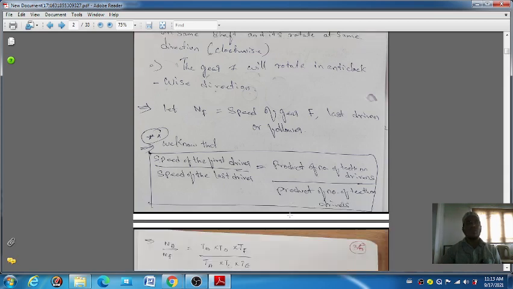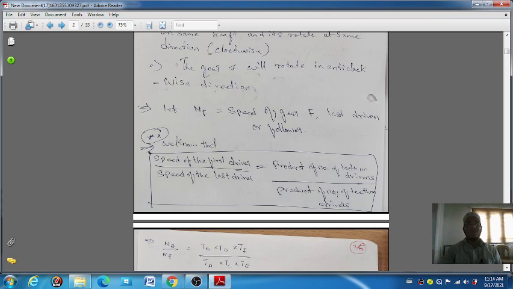We already know the formula for how to calculate the speed of a particular gear on the compound gear. The formula is speed of the first driver by speed of the last driven. If you have the speeds, you can divide here. If you do not have them, you can use it equal to the product of the number of teeth on drivers by the product of the number of teeth on driven. Because if the question is given in terms of teeth, you have to take this, or else you take the other. Here the question is given in terms of teeth.